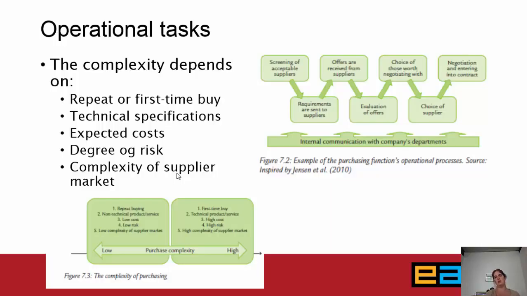If you buy something for the first time, you have to spend more time in doing it. If you repeat the buy, if it's something you've done many times before, you know exactly how to do it. So the complexity of the purchase depends on whether or not you have done it before,